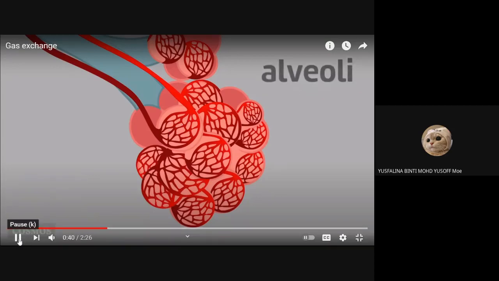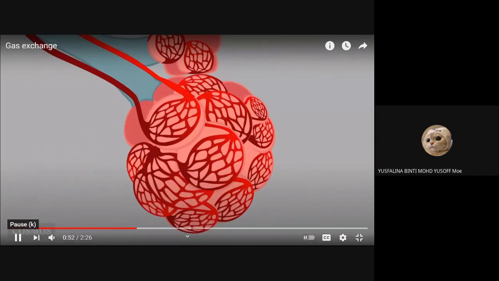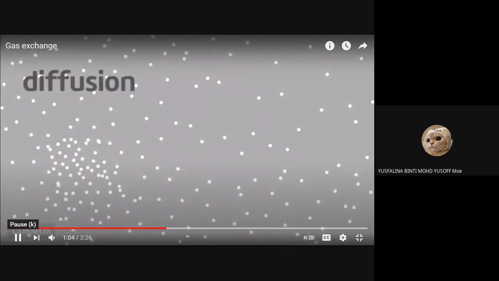Gas exchange occurs in the alveoli, microscopic air sacs in the lungs that are surrounded by tiny blood vessels. When we inhale, all 300 million alveoli expand and fill with air. Oxygen diffuses from the alveoli into the blood, and carbon dioxide diffuses from the blood into the alveoli. Diffusion is the natural movement of gas or liquid particles from an area of high